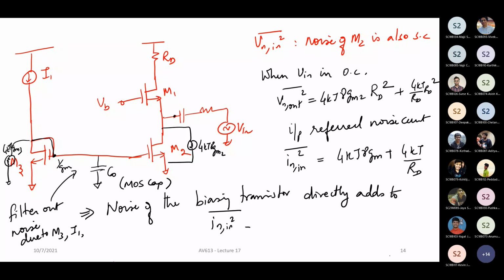It's difficult to directly put a number, but because it's a MOS cap, you can definitely go in the order of a few picofarads. Again, it all depends on how much area you're willing to spare versus the noise performance that you expect. If you're more bothered about noise, you don't mind putting more capacitance, especially if the majority of the noise is coming from your bias circuit. If the noise is dominated by, let's say, M2 or M1, then there's no point putting more capacitance here. So it's extremely application specific, context specific. That's how it is.